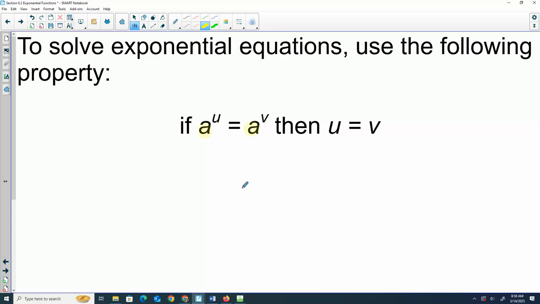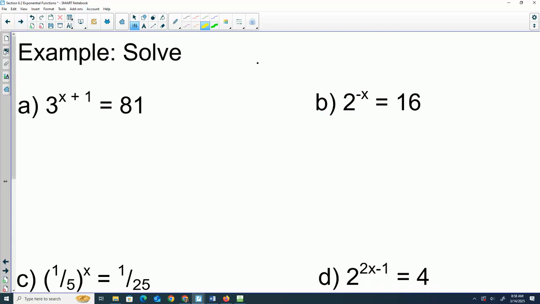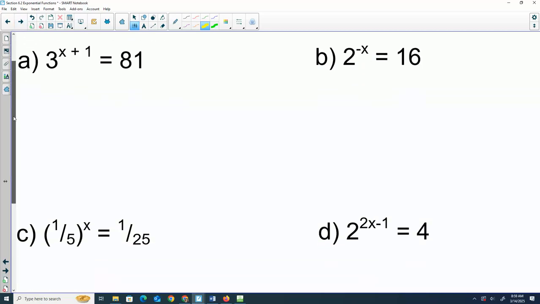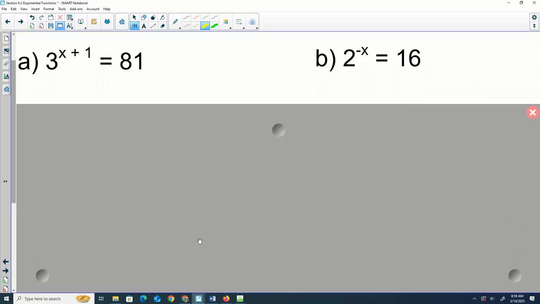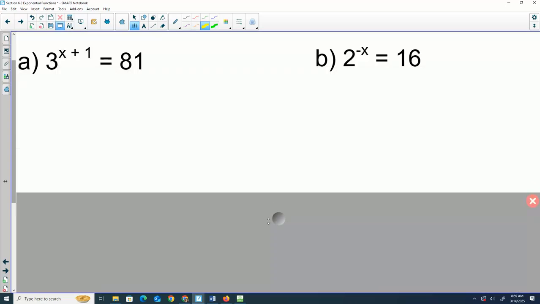So our strategy is going to be to try to get a common base. We want the same base on each side of the equation, so that then we can just drop that part, set the exponents equal, and solve. So let's start looking at some problems. You guys did these in Algebra 2. We are going to go further with it than you did last year, but today everything we do will probably